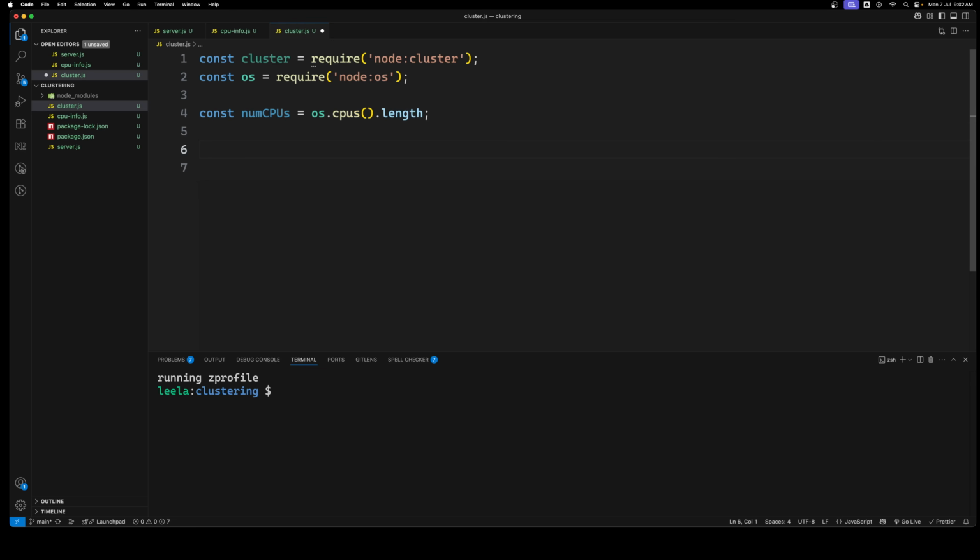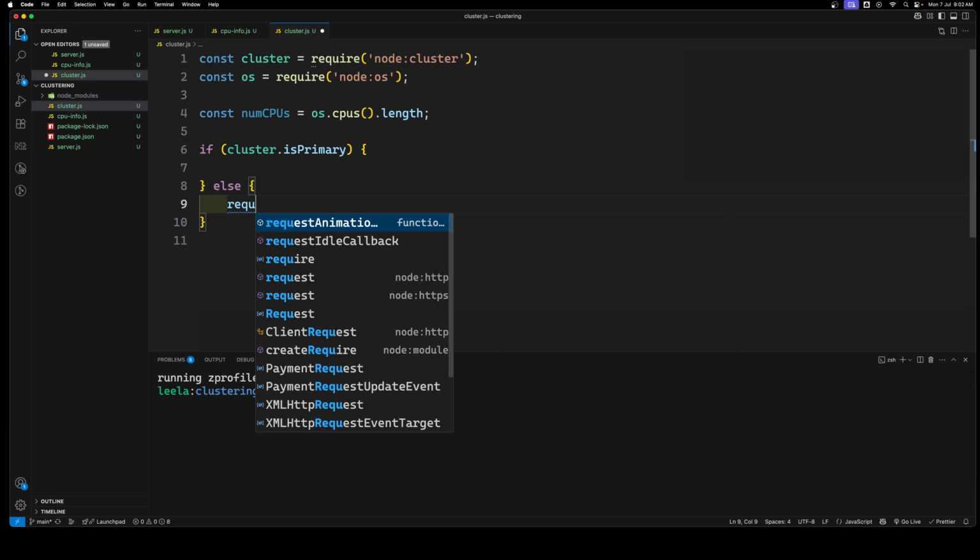What I would be trying to do is, if the cluster is primary, by using this cluster only, we need to do this. You will have a property, that is nothing but isPrimary. If the cluster is primary, or else if it is not primary, then you will run the require of